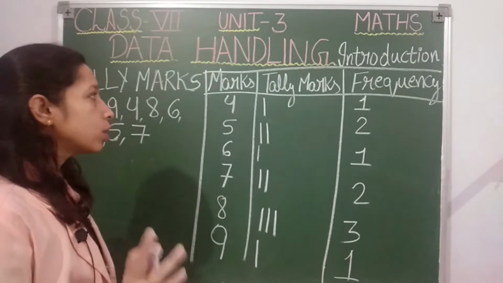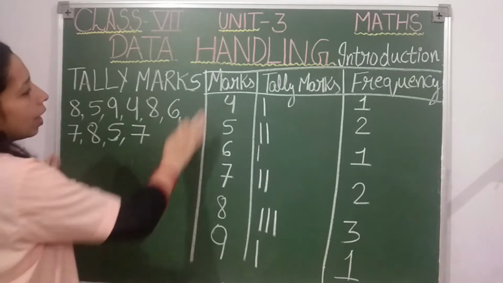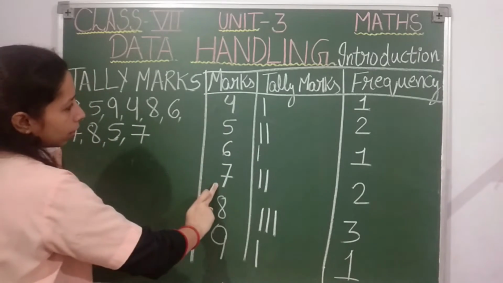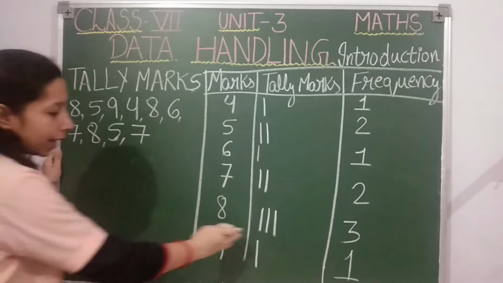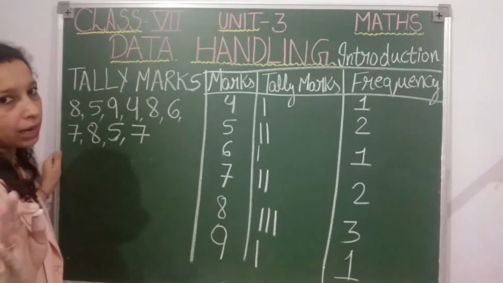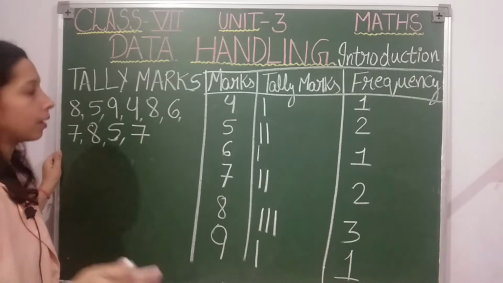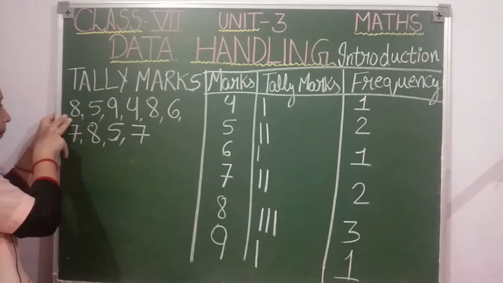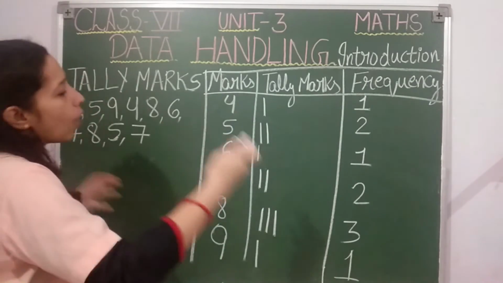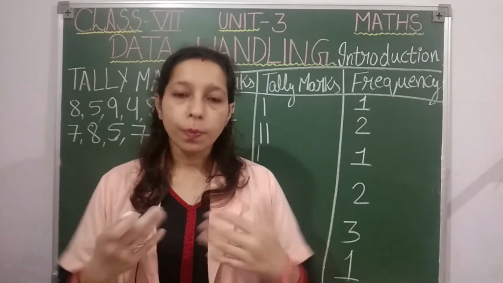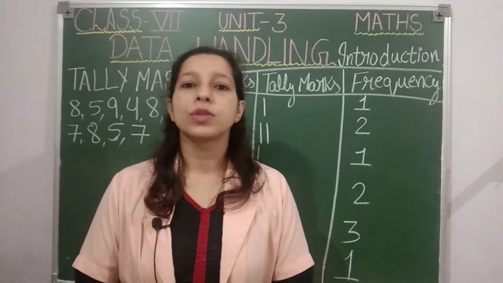Clear? And also one more thing, sometimes students count and write the telemark. Suppose I want to put telemarks for 8, then 1, 2, 3, then you draw 3 telemarks. But don't use that method. That method is time taking and also you may get errors. How to do it? Simply see the number and put a stroke. Again see the number, put a stroke. No need to first count and write. You can do it in this manner. So this was our first topic students, representing the data in tabular form using telemarks.